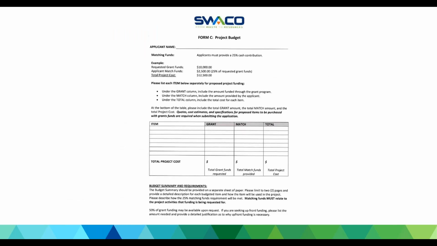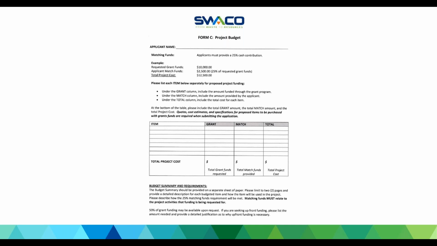And so that kind of segues into Form C, which is our project budget. One thing I'll point out here is that it requires a 25% cash match. This is 25% of the total amount of grant funding being requested, as illustrated in the example.